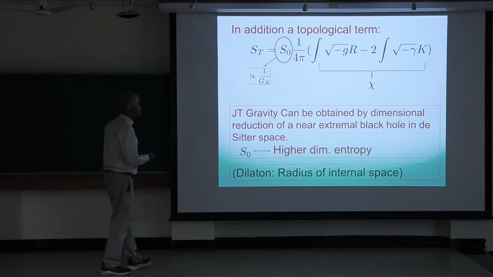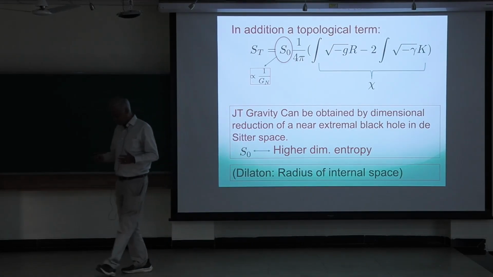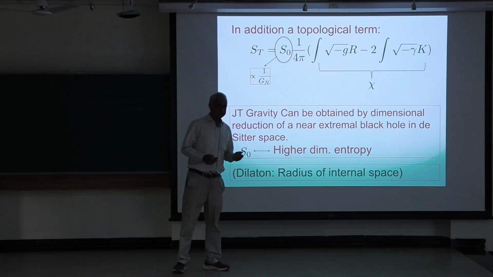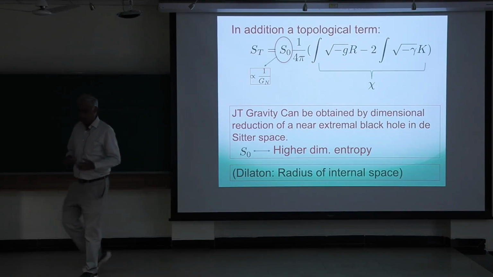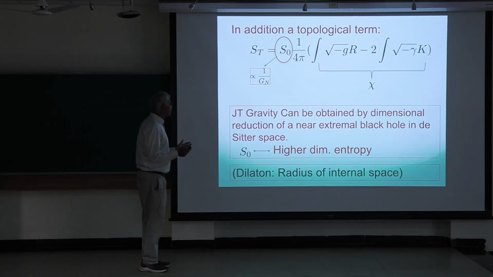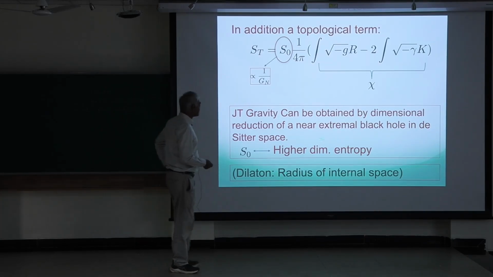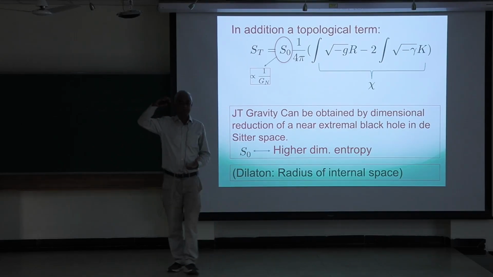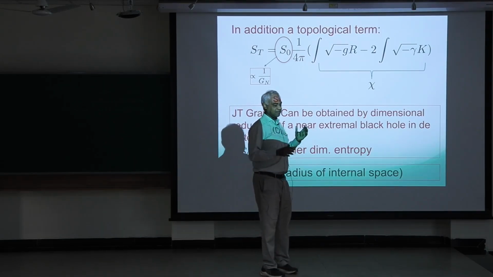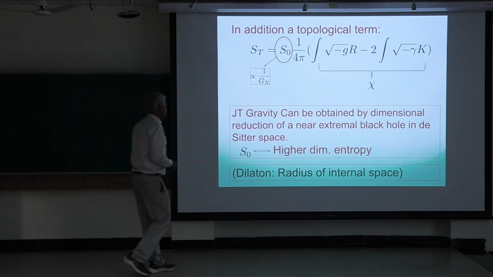Okay, that's what you would get, and the way you do that is a bit similar, if you know how JT gravity in anti-de Sitter works, is that you take a near extremal black hole in de Sitter space, say in 4 dimensions. The extremal black hole is called the Nariai black hole, and then you go to the near horizon limit of that near extremal black hole to come down to 2 dimensions. And when you do that, actually S naught is related up to factors of 2 to the entropy of the higher dimensional gravitational system. You have a black hole in de Sitter, it's got a cosmological horizon, it's got a black hole horizon, the two are not very different near extremality, and this coefficient is tied to that, and it goes like 1 over G Newton.